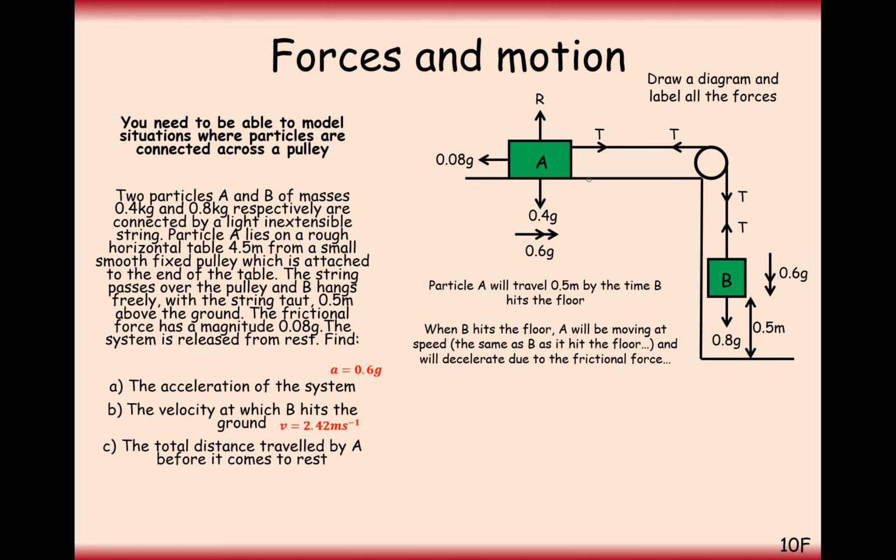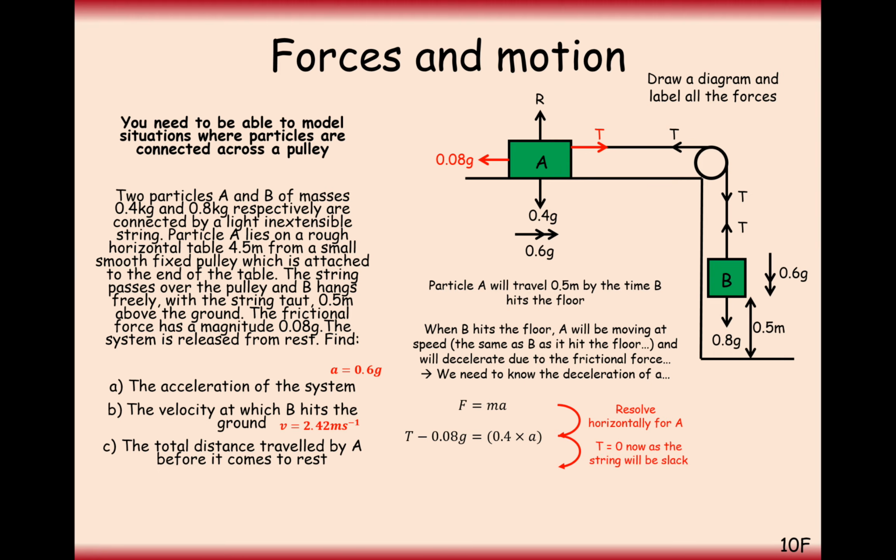So once B has hit the ground, there's no longer any more force that's pulling A along here. So now effectively tension is equal to 0 because B has hit the floor. It's no longer pulling that string down or effectively pulling this string along. So T here is effectively now 0 because we've hit the floor and there's no longer any more tension in